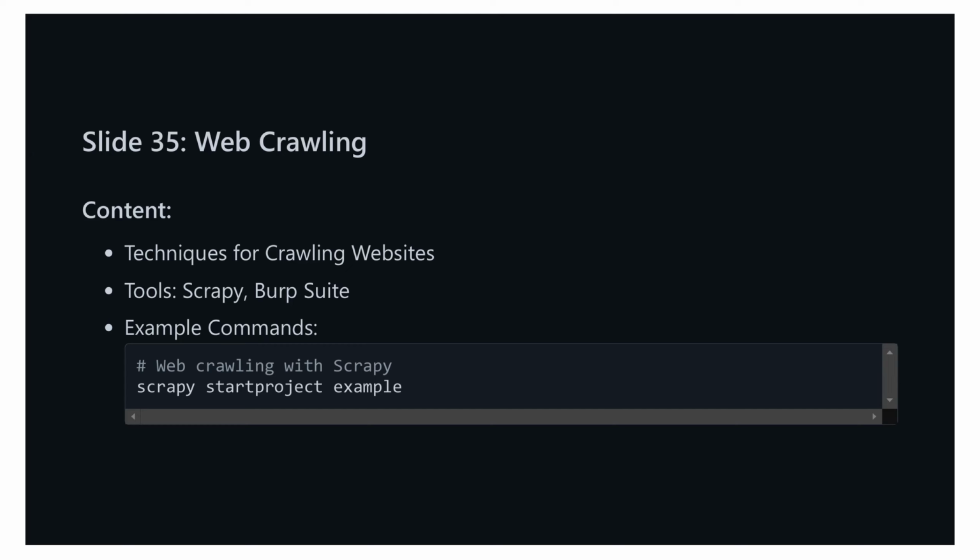Two popular tools for web crawling are Scrapy and Burp Suite. Scrapy is a powerful open-source crawling framework written in Python, and Burp Suite is an integrated platform for performing security testing of web applications, which also includes web crawling capabilities. Here is an example command to get you started with Scrapy. Bash, web crawling with Scrapy: scrapy startproject example. This command initializes a new web crawling project named example. From here, you can customize your project's settings and develop specific spiders to target and extract the information you need